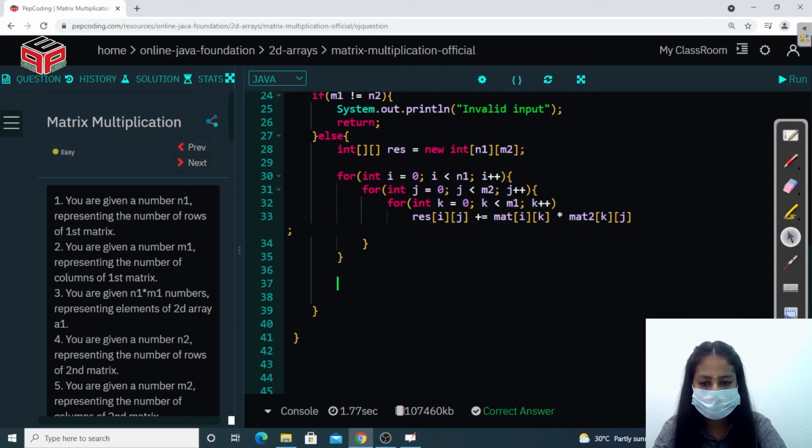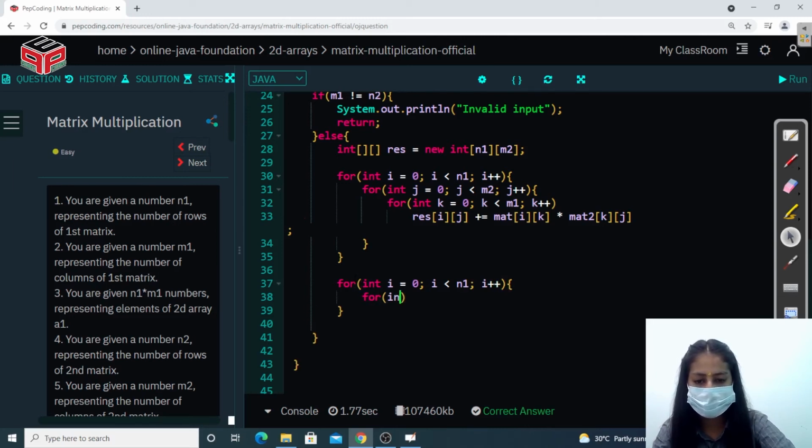Next we have to print that matrix. So let me print that, from the number of rows of the first matrix and the number of columns of the second matrix. Right? So we have to print the resultant matrix.